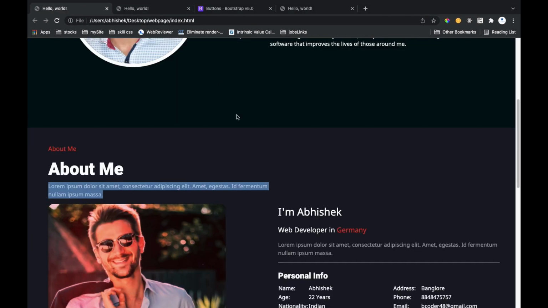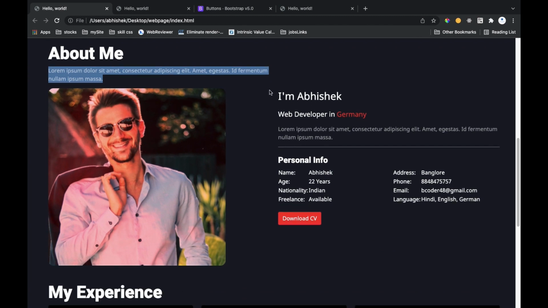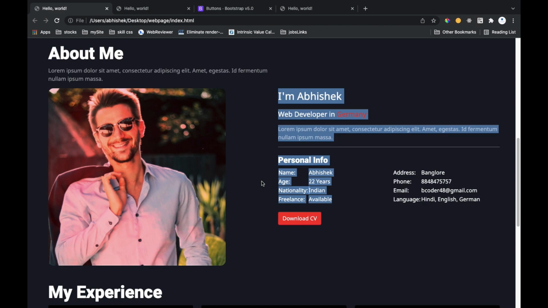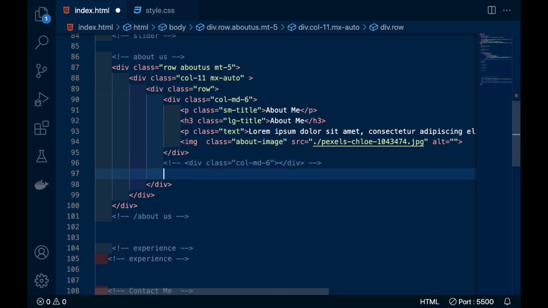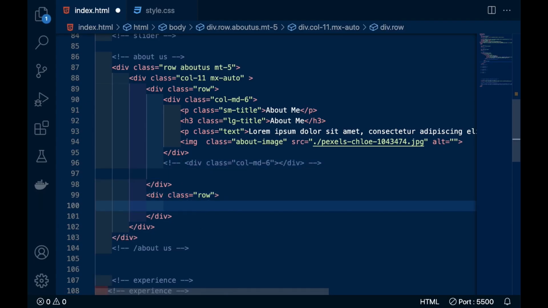Now we will make the left side, right side, this one. For that we will make another row here, and I will copy this image in this section.